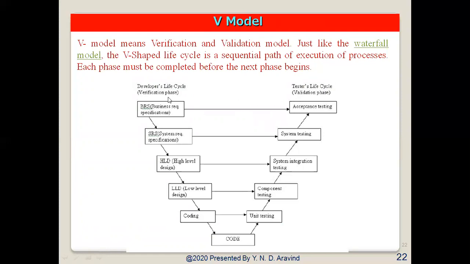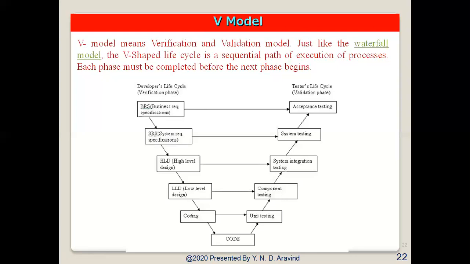Understood? So here, when the business requirement specifications are gathered, at that phase itself, we go for the acceptance testing. When the system requirement specifications are gathered, we go for system testing. So at each and every phase, when there is a need for testing simultaneously, then we go for this V model.